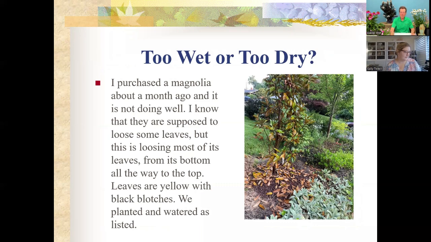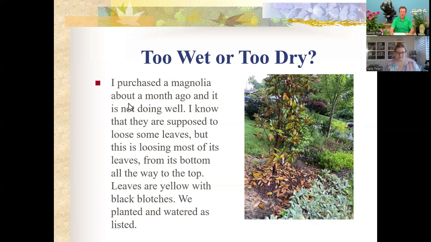So again, I keep emphasizing this, because we're retail and emphasizing. So an existing plant, if you have a well-established tree, they might have a root system that goes way out beyond its drip line. So they have a greater reserve. They can pull moisture from a larger area. New plants, they come in pots or containers, and they have a much smaller area where they can actually get water from. This magnolia had been planted in the spring.